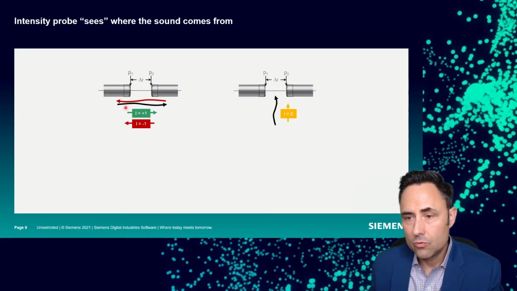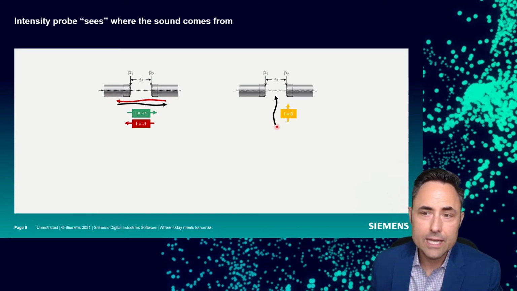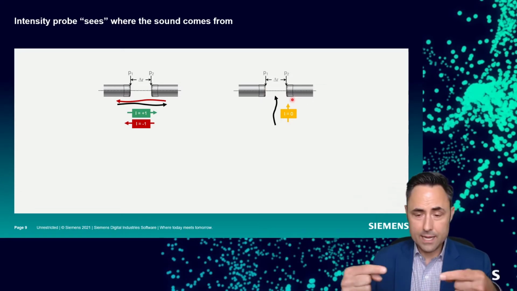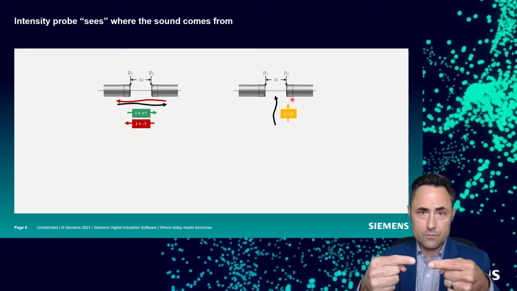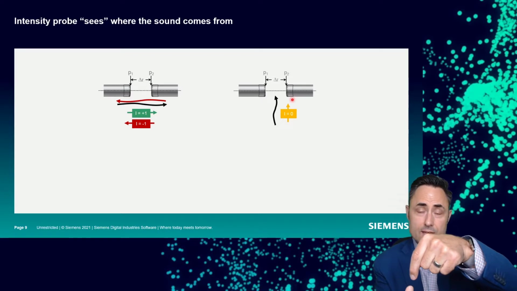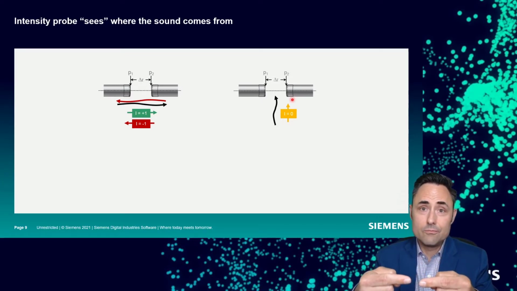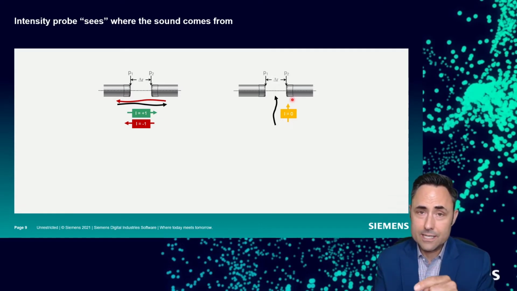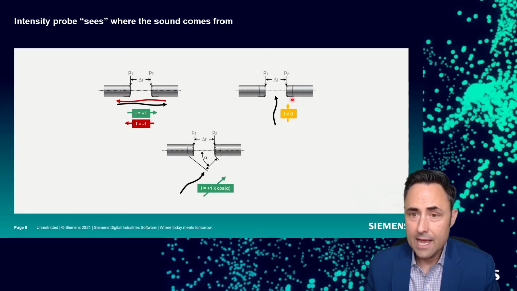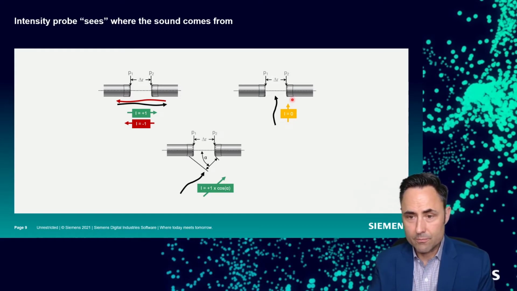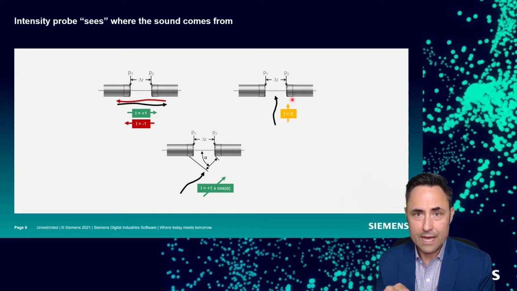If we have sound coming in 90 degrees to the axis of our microphones, the sound energy arrives at P1 and P2 at exactly the same time. So we, by definition, measure zero intensity. Depending on whether I'm holding my microphone like this or like this, I might get the perfect answer or 0. So the orientation of our intensity probe is a big deal, because as we rotate it, we're measuring only a component of the correct value.